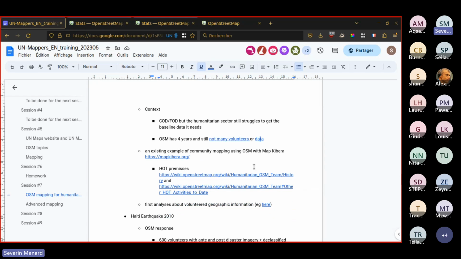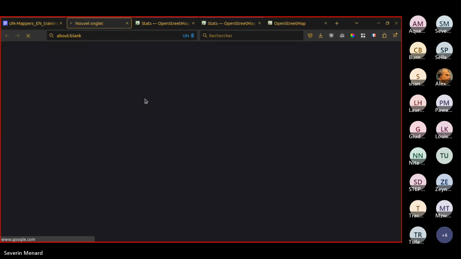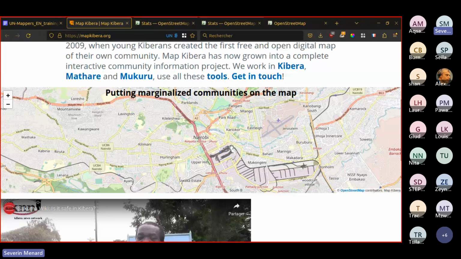There was already an existing example of a community mapping experience using OpenStreetMap. There's a project that has been documented a lot at that time. It was called Map Kibera. Okay, it's still a running project. And it was basically a project that made